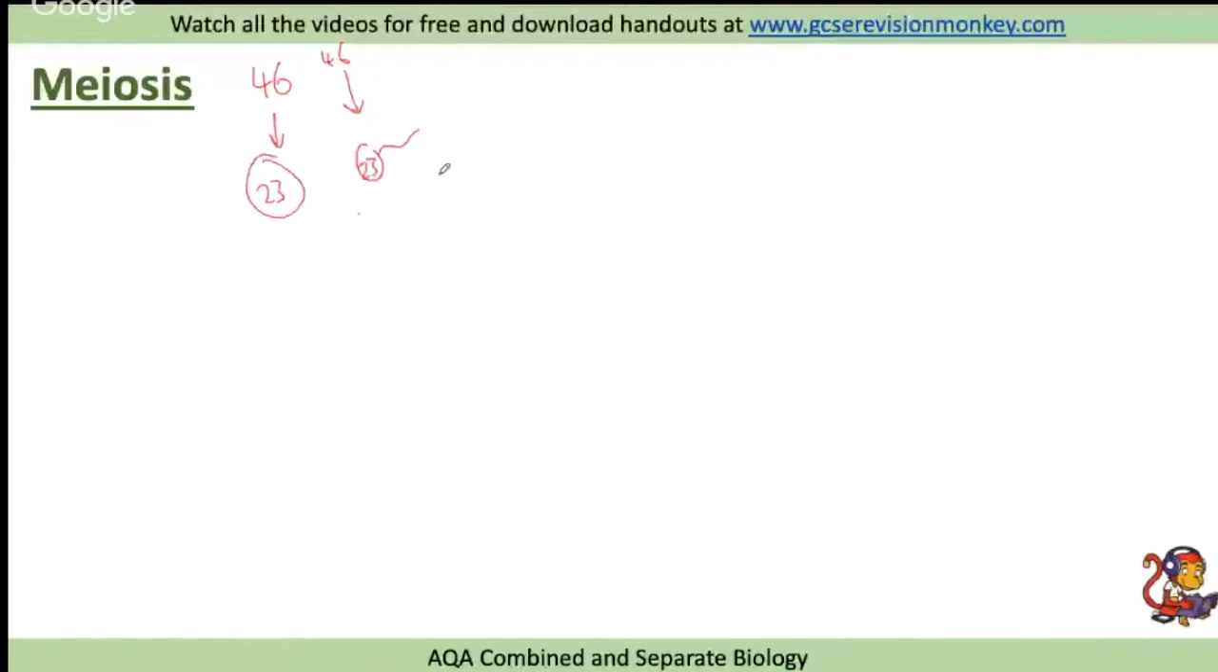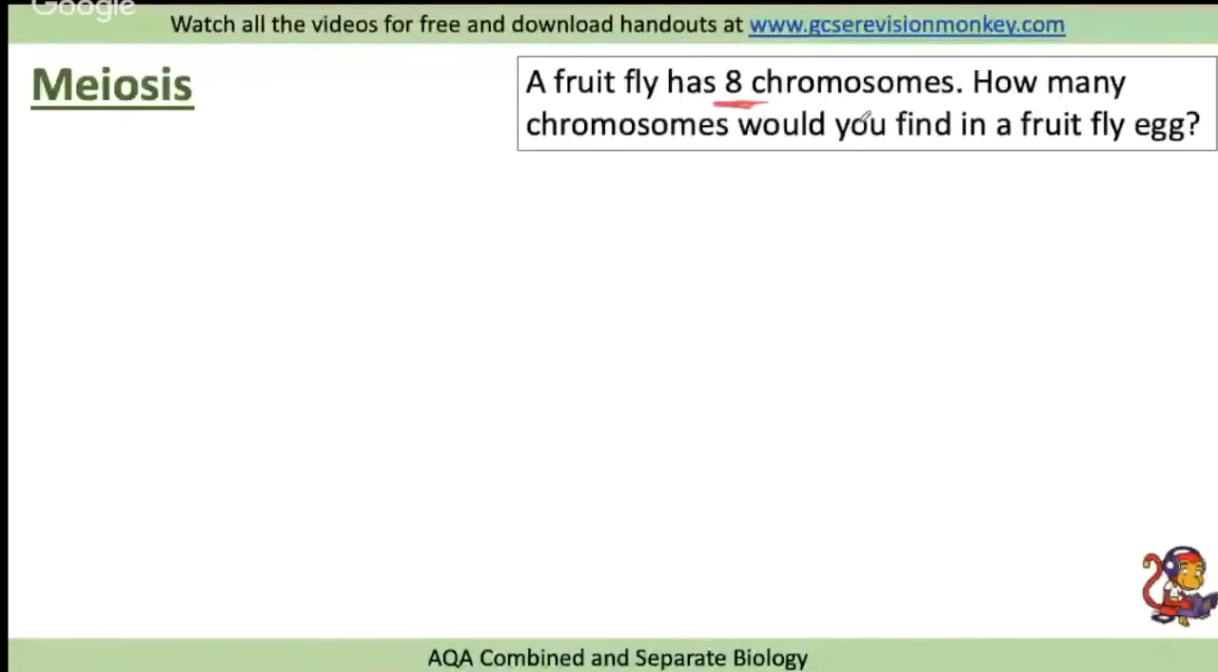They might ask you about a completely random animal, or they might even start talking about plants or something else. They'll probably keep it on animals, to be honest. But here we go. A fruit fly has 8 chromosomes. How many chromosomes would you find in a fruit fly egg? Well, it's exactly the same principle. If he's got 8 to start off with, in the egg, there'll be 4